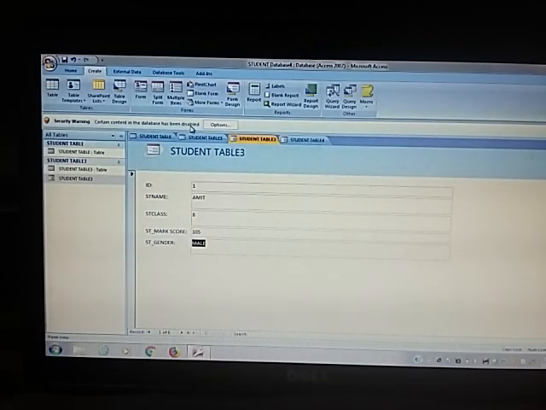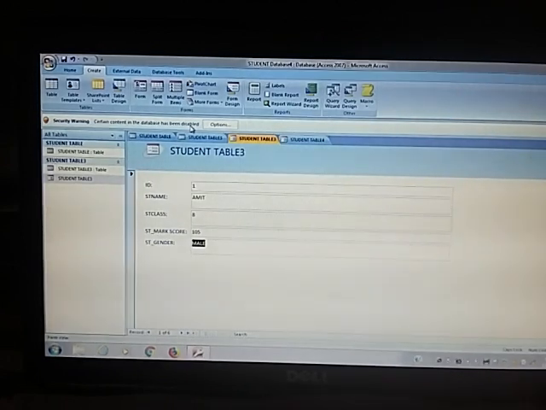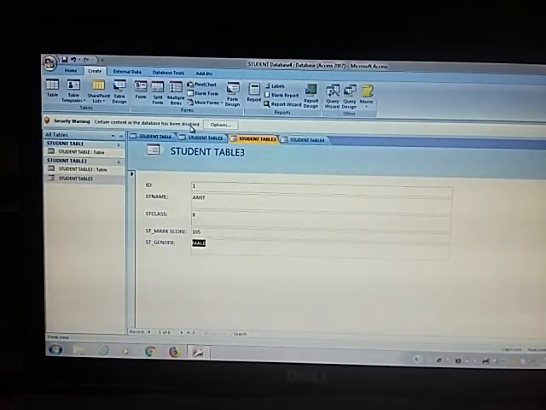In your table, you have to enter student name, student age, student class, and student marks. That means you will make one table, and in this table you will assign these fields: student name, student age, student class, and student marks. So you have to create one table, and after creating the table you will send it to me through WhatsApp. So till then, goodbye.